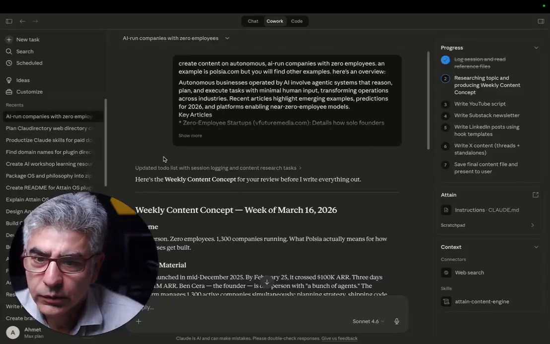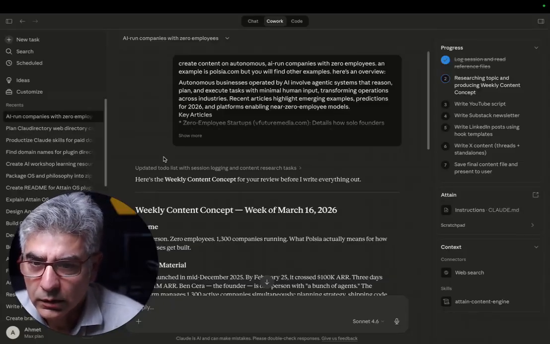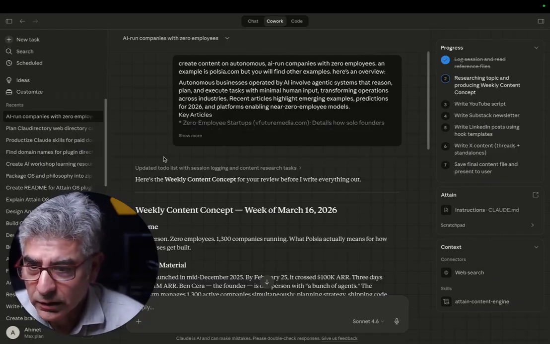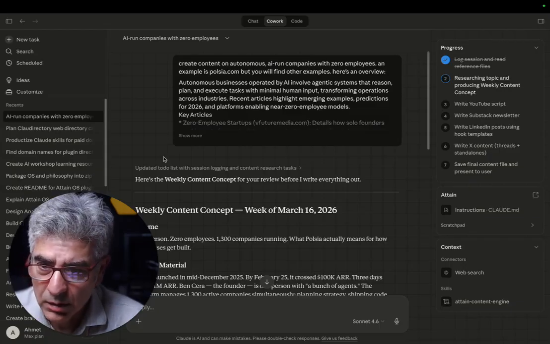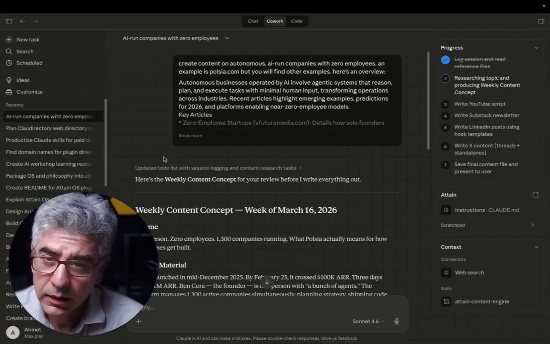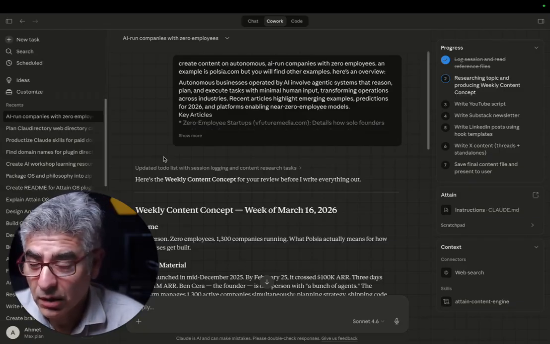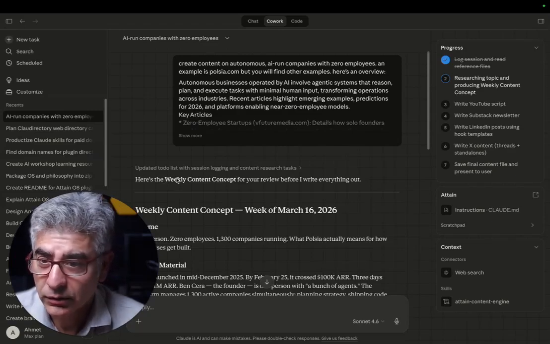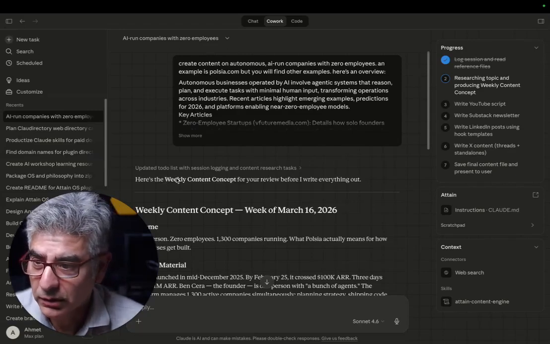All right, so this is the content engine that I built using Claude Cowork and a bunch of agents and skills I've created. So what this actually does is takes a topic with some examples and ideas that I provide and researches that topic and then goes off starting to create different pieces of content based on the templates and skills that I provided.